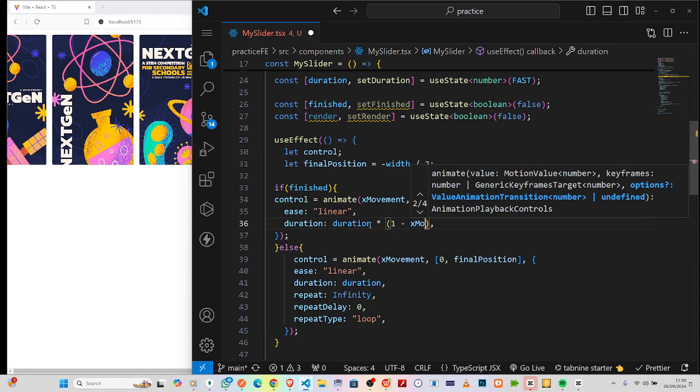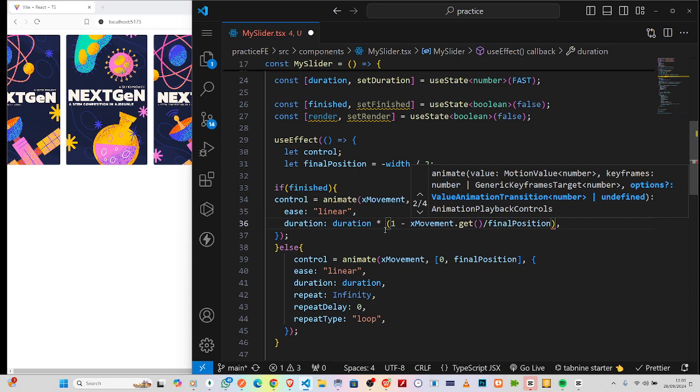Yes, so divided by the final position, that's it, right? So the next thing I will do here now, okay, so we'll come to the onComplete. We'll take a callback, right? And inside this callback, I'll say make render be the reverse of render, then make it